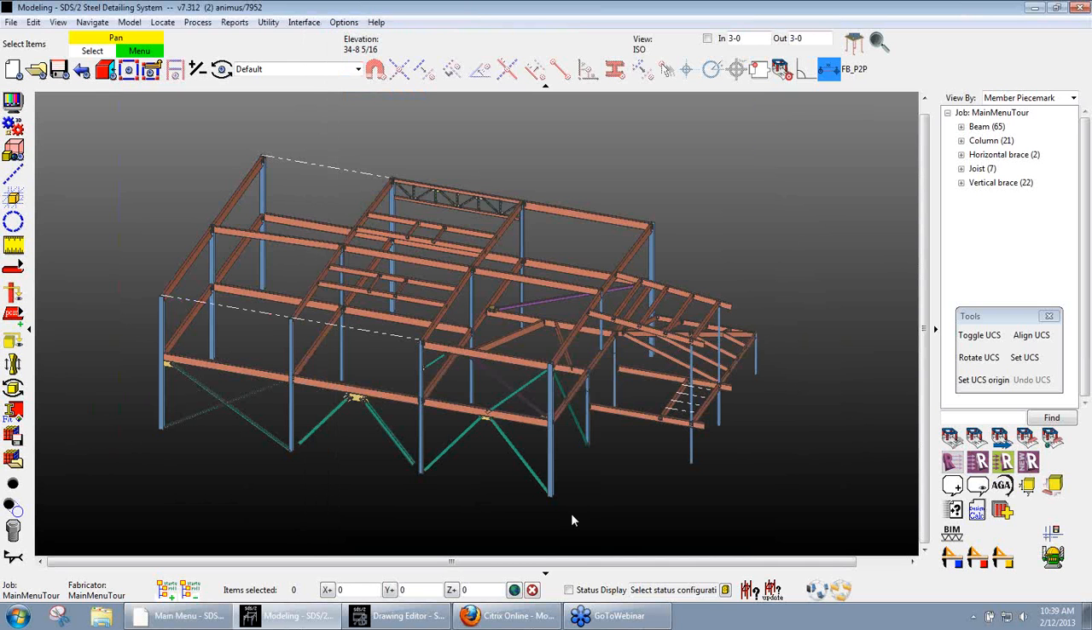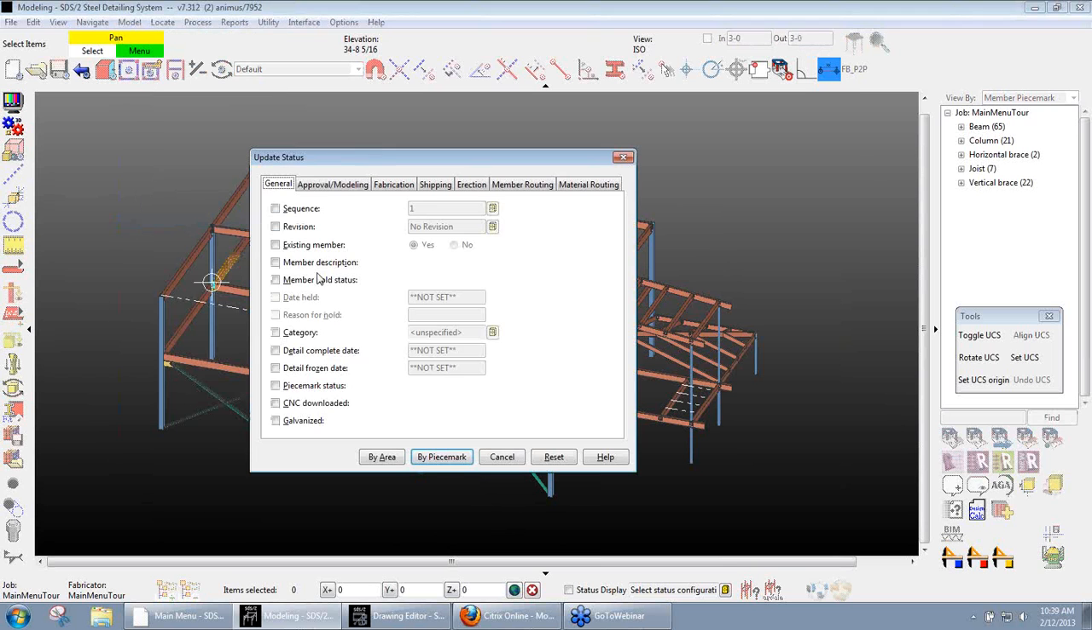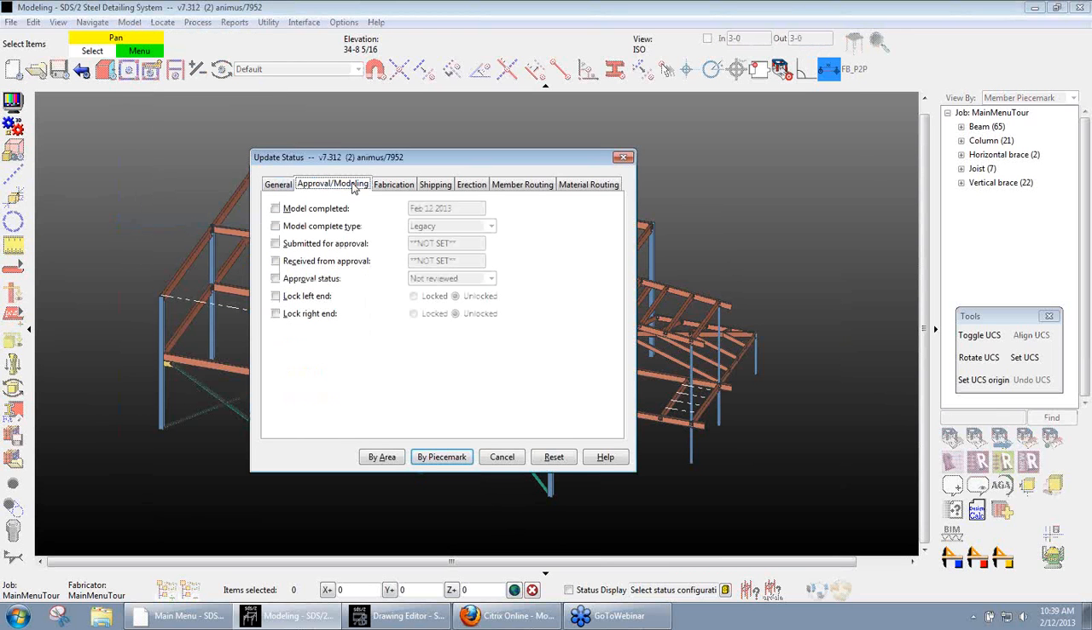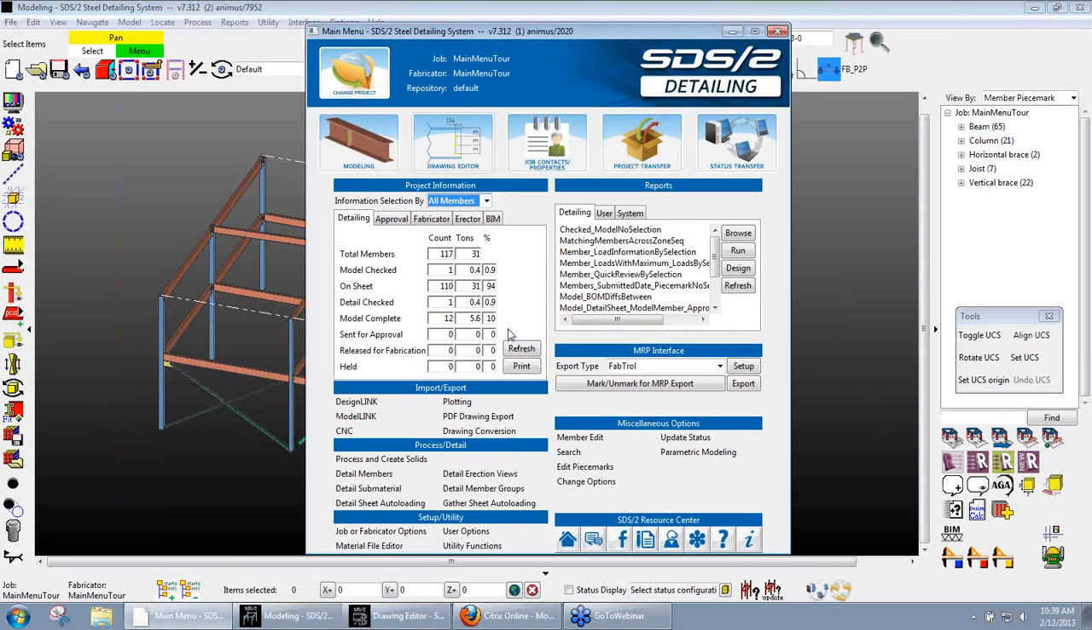The next we'll be doing is sent for approval. So I'll just go to the model, update status, approval modeling, submitted for approval, double click. I'll go by area and I'll just select these members right here, right click, OK, and yes, I want to update the status,